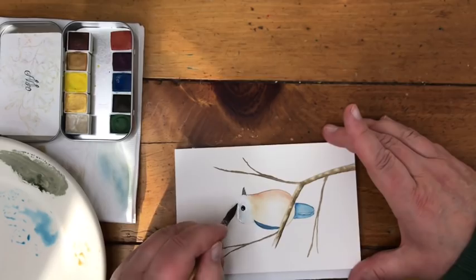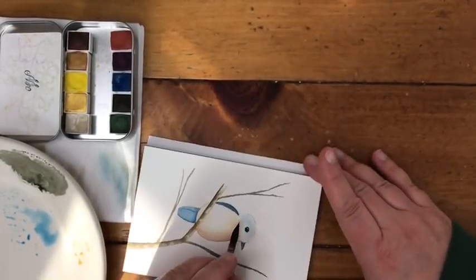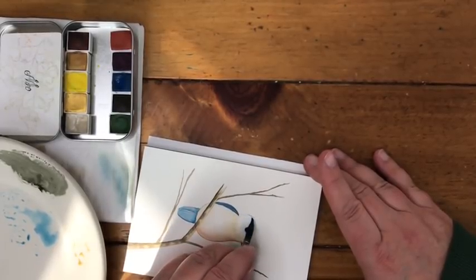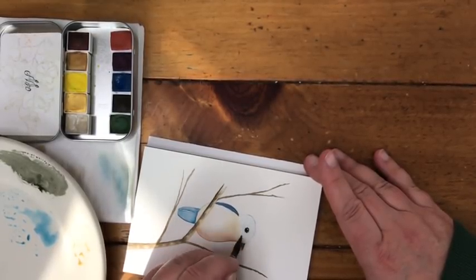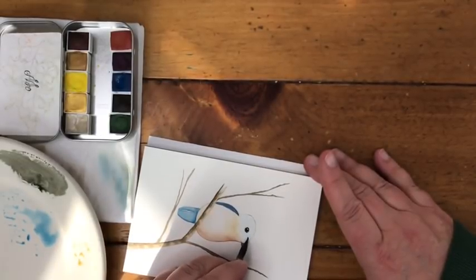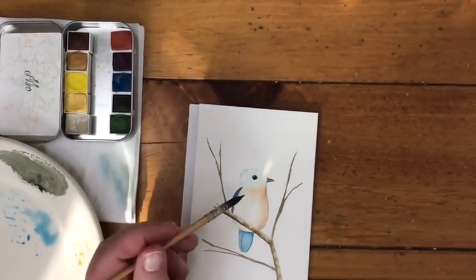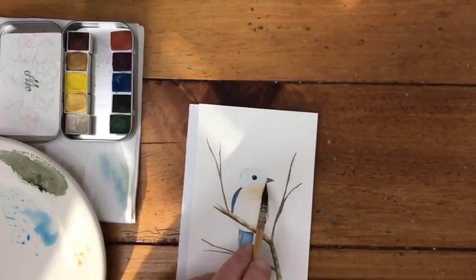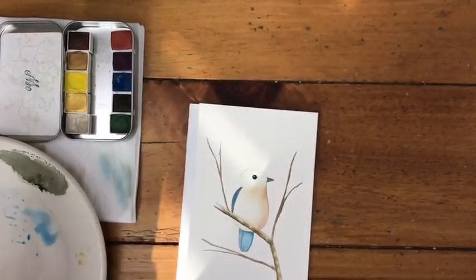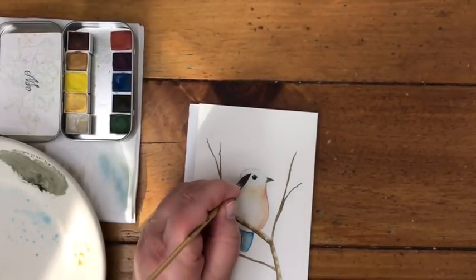I'm painting the whole head with this water glaze. If there's too much water, I want to dry my brush off and just wick around it one more time. I'll do it one more time because I see I have a little pooling here, and that happens. Okay, I'm happy with that. So his entire head, down to the buff Teton, to the beak, and down to the wing bar there, has a water glaze. I'm going to pick up this lighter glaze of Cobalt Blue, and I'm going to start dropping